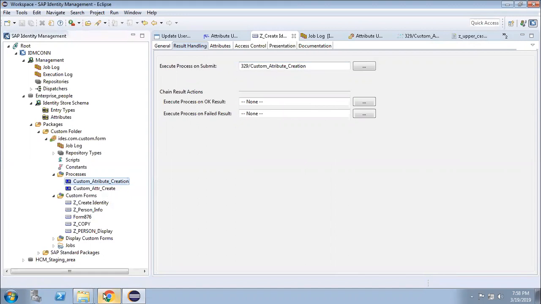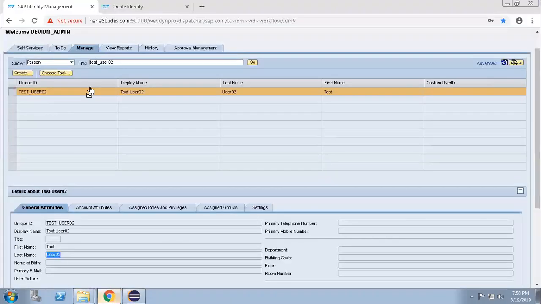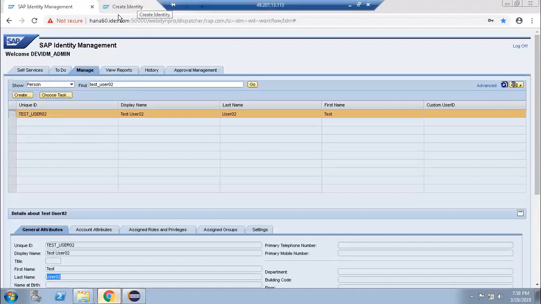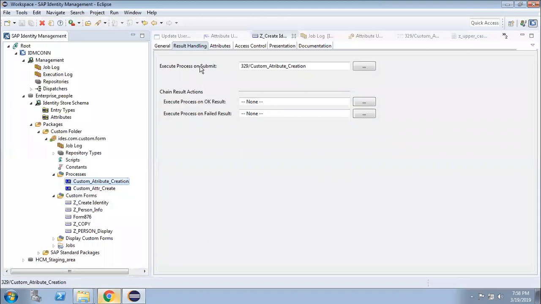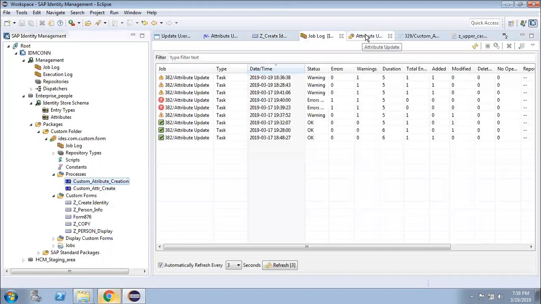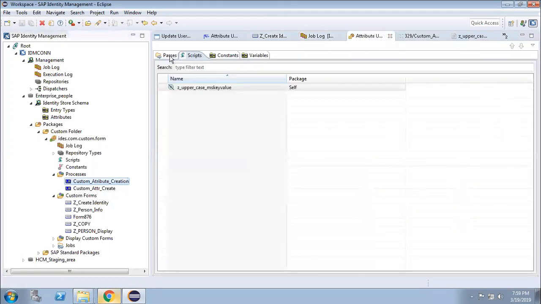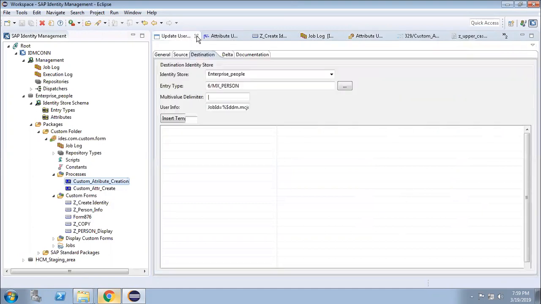So whenever I submit the form, just click on submit, it will trigger this process. This is how we can link a form with a process. Okay. Now the next, what I have discussed, that in the process we have, let's close all the fields.